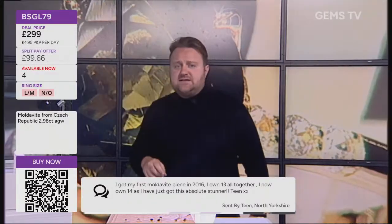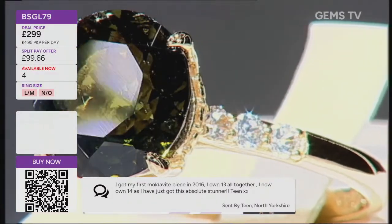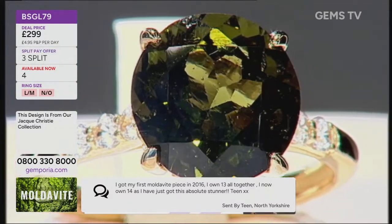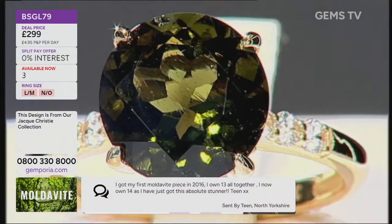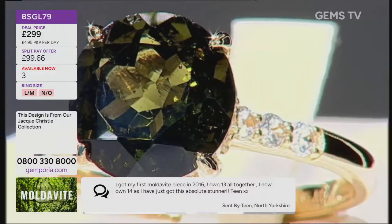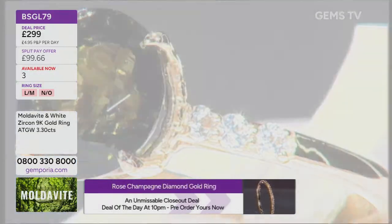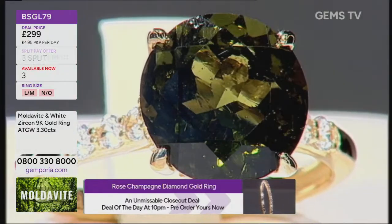so many of them saying, hang on a second, I got my first Moldavite piece in 2016. I own 13 altogether now. I now own 14 as I have just got this absolute stunner. And can I just share with you something, because it's so important for you to understand this. When you're watching Gemporia,